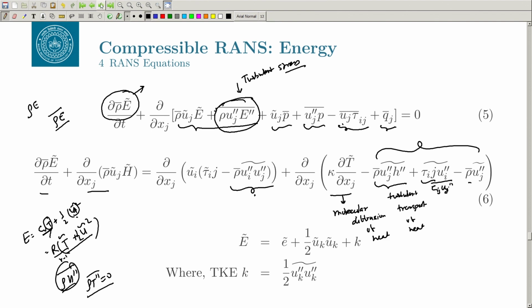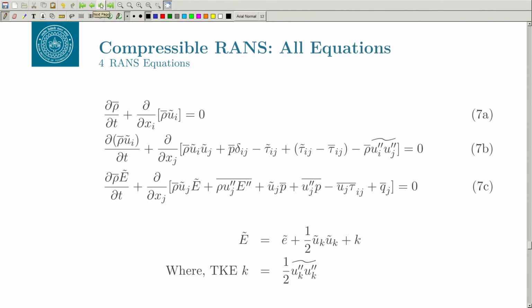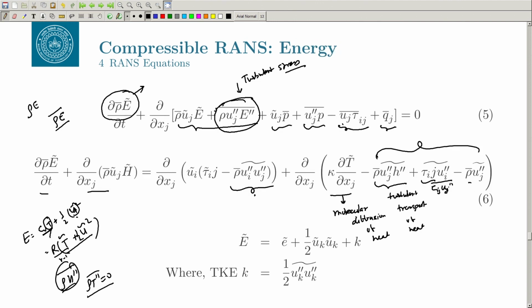But what we can do is use some kind of Reynolds analogy and relate those terms to your mean flow variables. We will discuss that when we come to the eddy viscosity model. Right now you can see that we have a term which is very close to the incompressible flow term. In fact, analogous to the incompressible flow Reynolds stress term, this is the Favre stress term,